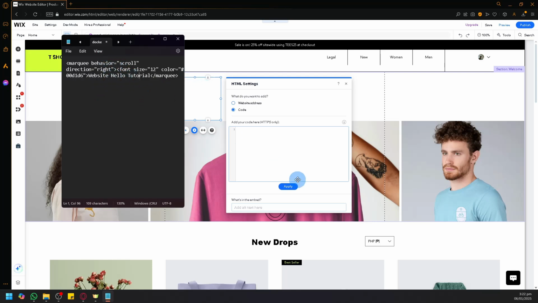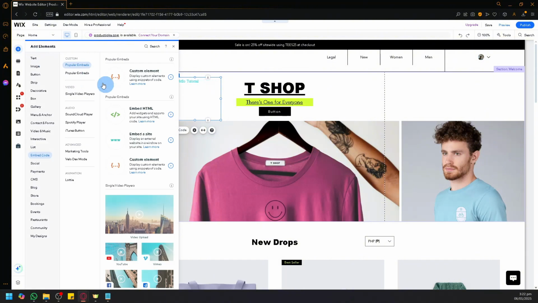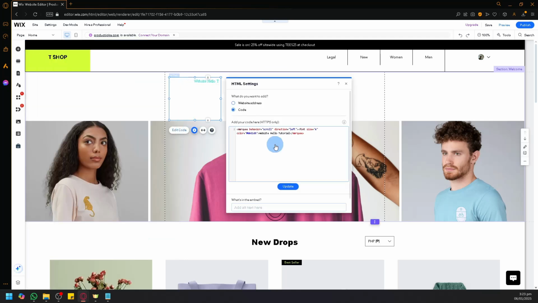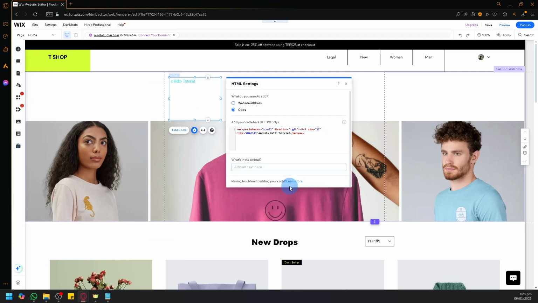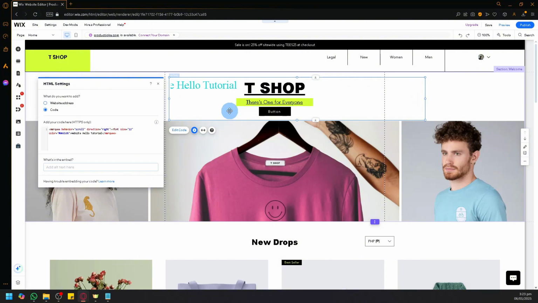After you're satisfied with this, simply go to add elements over here. Look for HTML embed under here, embedded code, and click on embed HTML. And simply paste your code in this section. And click on update. And it will be able to upload or put into your website your design over here. So simply adjust it however you want, and you will be able to have a scrolling effect or scrolling text